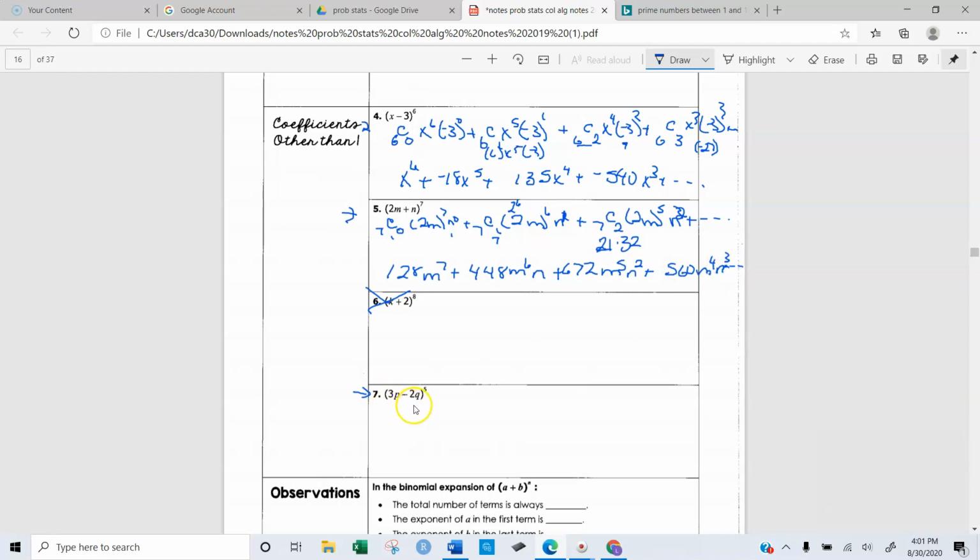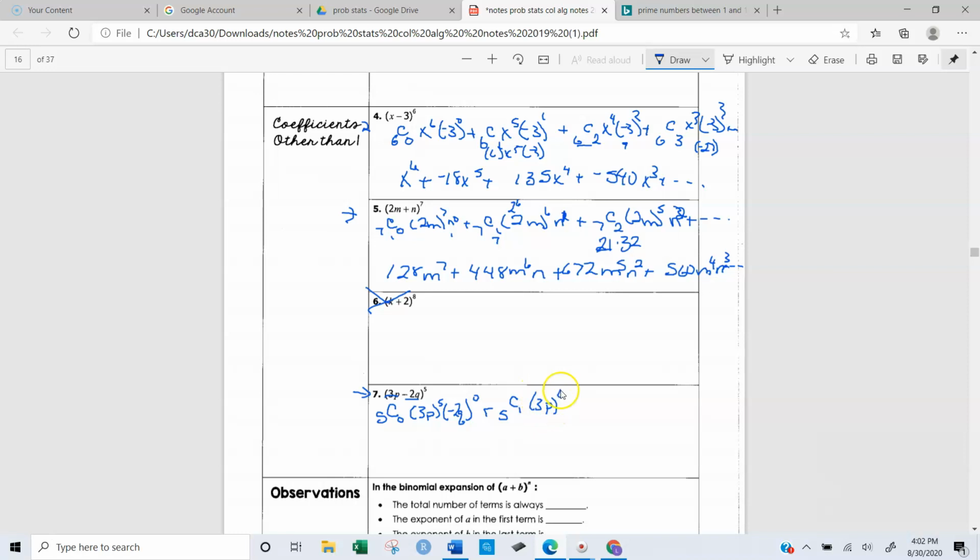This guy down here is mean because he has a 3 and a -2. So we have to make sure we're looking at all of this. So we go 5 choose 0, right? Then your first term is 3p to the 5th. Your next term is -2q to the 0. Plus, now let's do 5 choose 1,